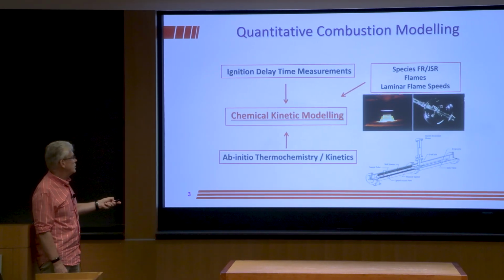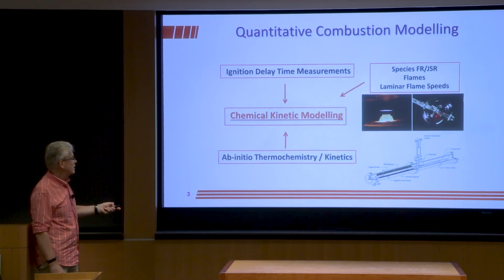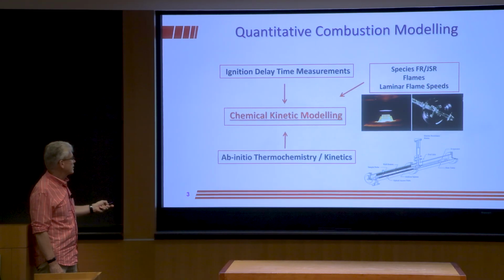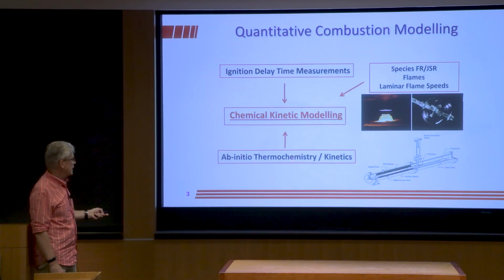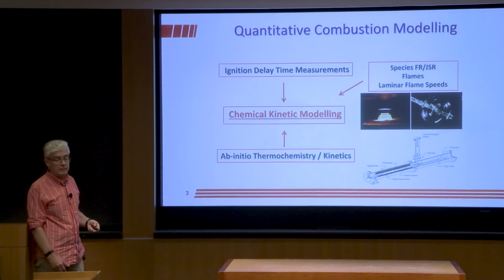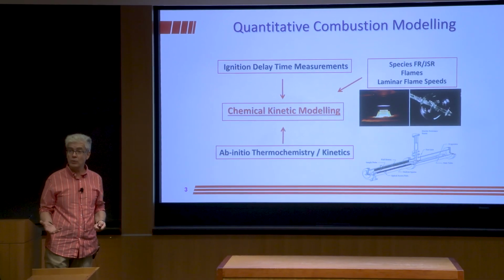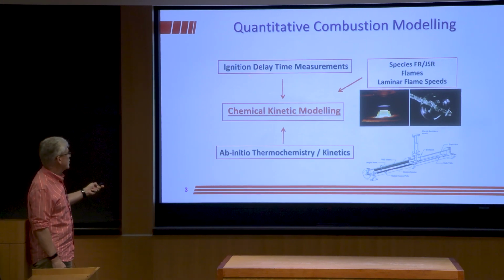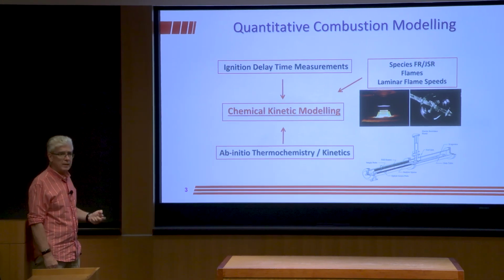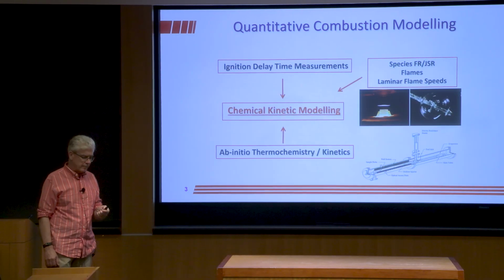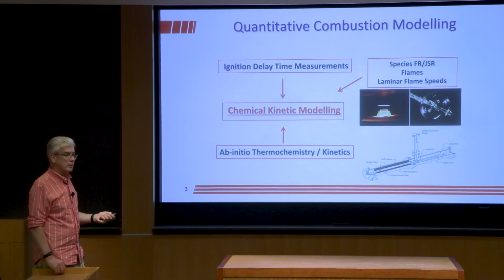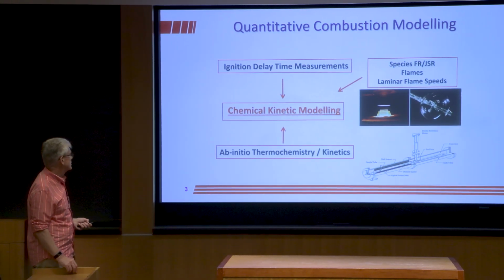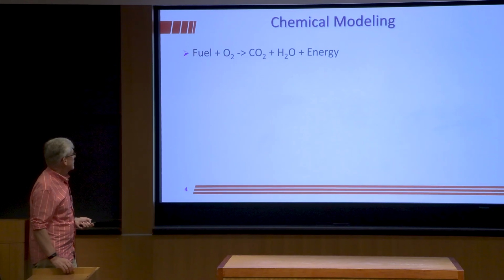So we use the experimental results, and we develop the model to simulate it using quantum chemistry calculations and then kinetic calculations from those quantum chemistry calculations, to inform the model. But also the model is informed by the experimental results with which we're trying to validate it, or which we're trying to simulate. So, chemical model,